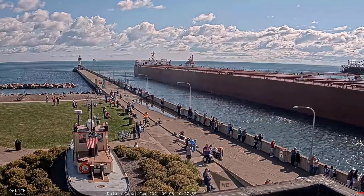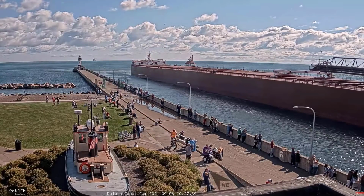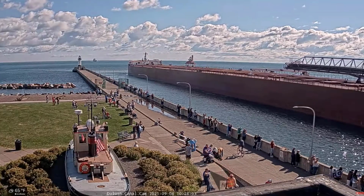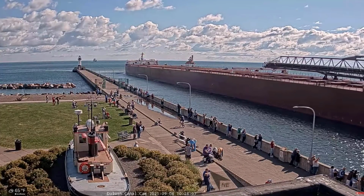The James R. Barker is named in honor of the president and chairman of the board of the Interlake Steamship Company. Built for $43 million under the Merchant Marine Act of 1970, the Barker was the first 1,000-footer to be entitled